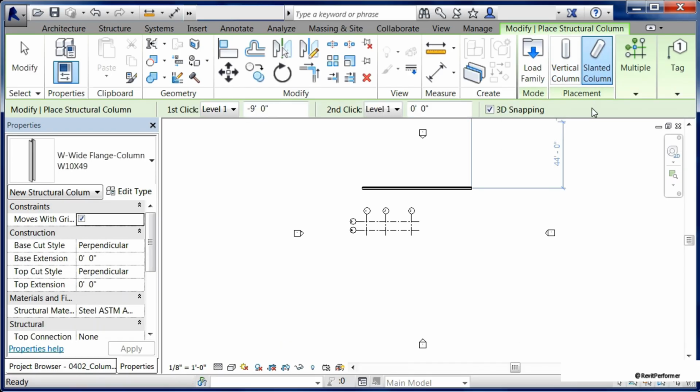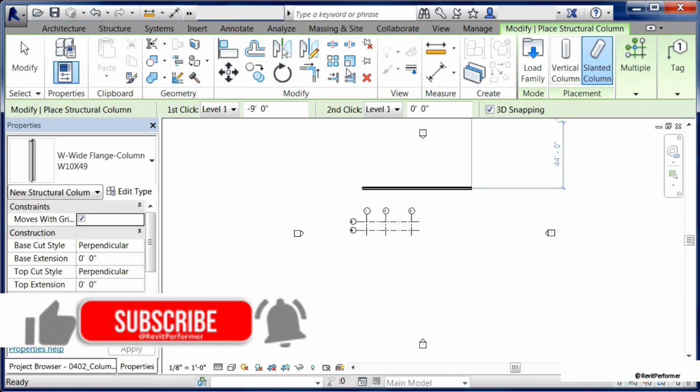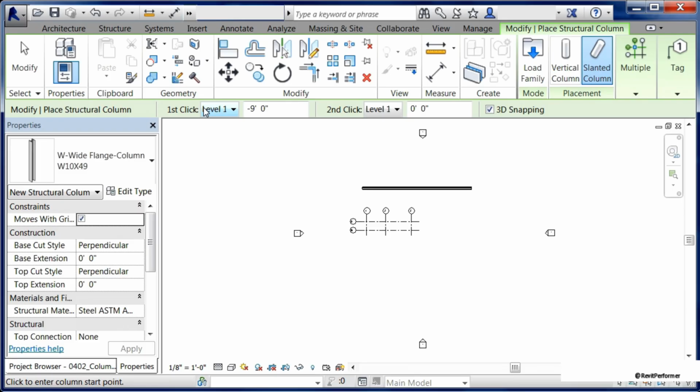of the screen. Another difference between an architectural column and a structural column is here in the options bar, where we can see this is 1-click and 2-click. Structural columns, when slanted is chosen, will allow us to click once for the base and second for the top of the column.